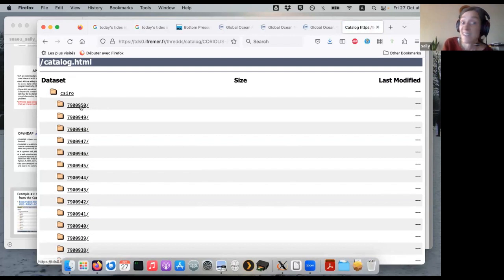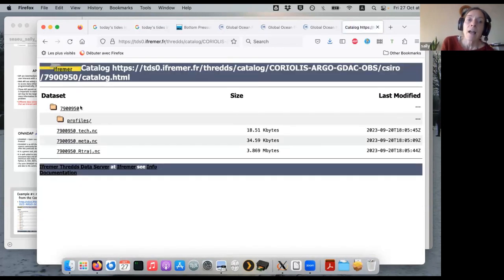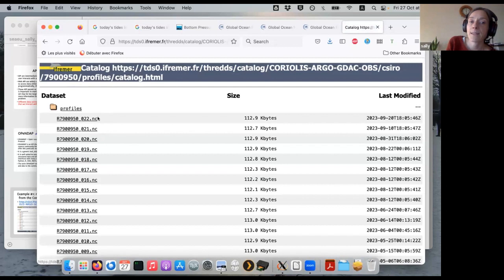So this 7,900,950 is the name of an Argo float. That's its identifying number. So if I click on this one, I get into the information that comes back from this float. So now I've got the technical and the metadata information about this float. This is its trajectory. And in here, in the profiles subdirectory, I'm going to have a number of different NetCDF files that contain